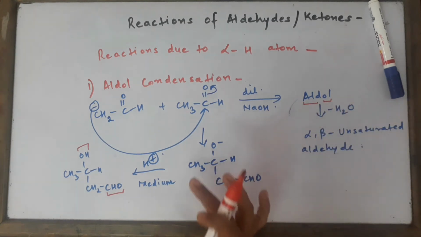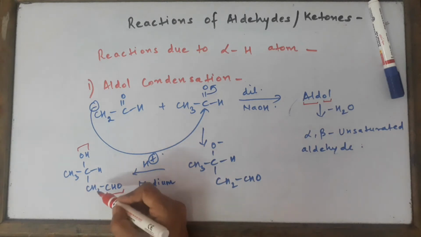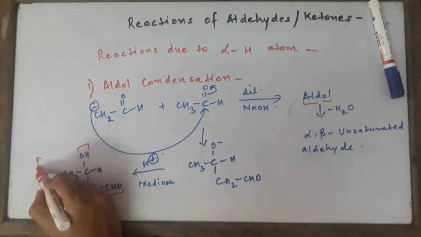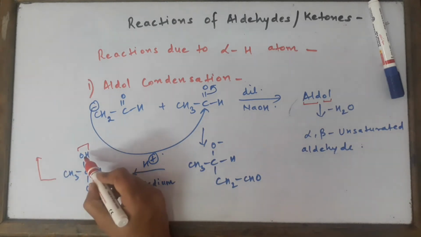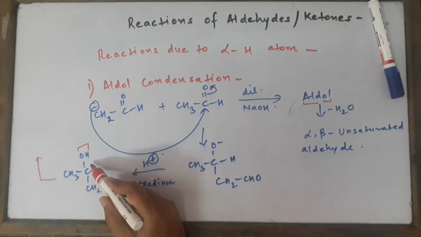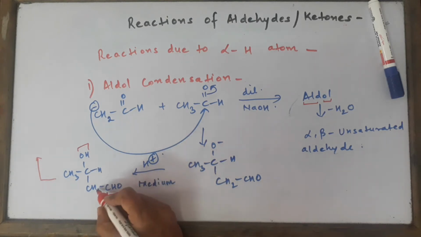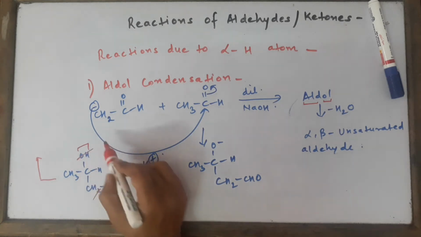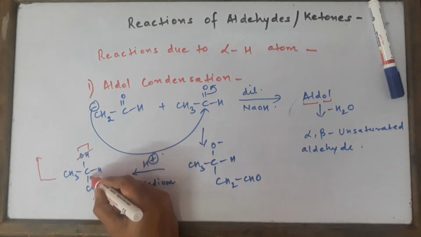So the first product we are going to get is aldol. And the second step is now going to happen spontaneously, because we can see that the OH is on this carbon atom and the H is on this adjacent carbon atom. Whenever H and OH are on adjacent carbon atoms, they are going to be removed as water. So we can just remove this H from here, remove this OH from here, and we get a double bond out here.